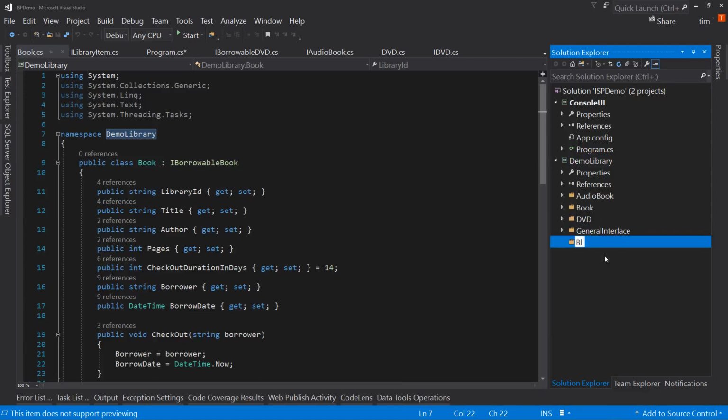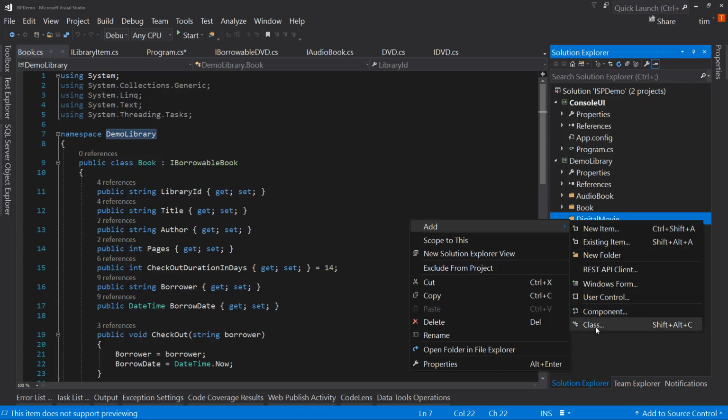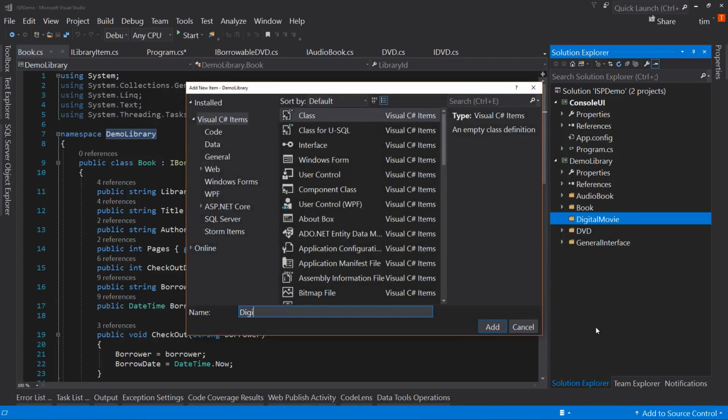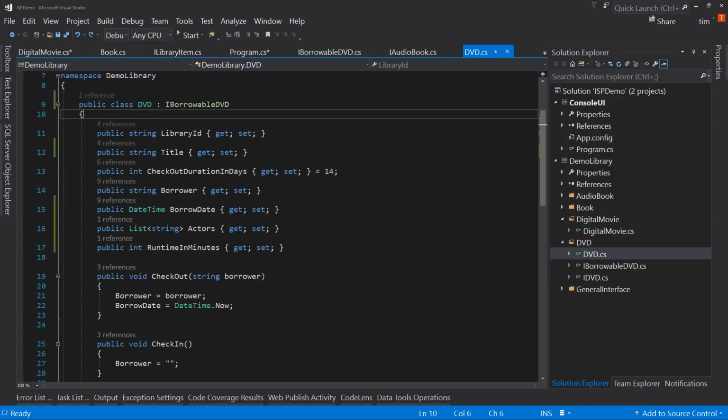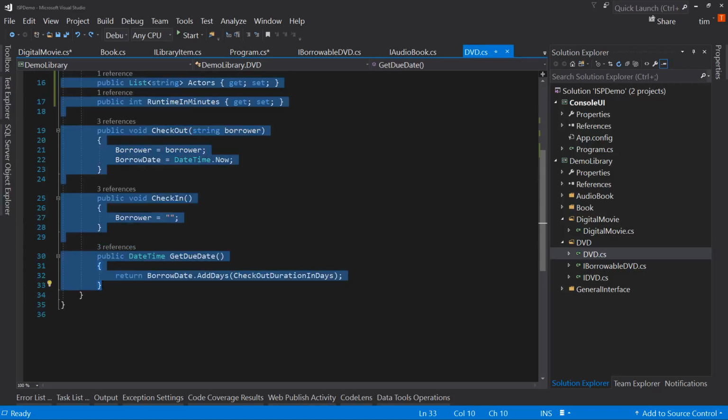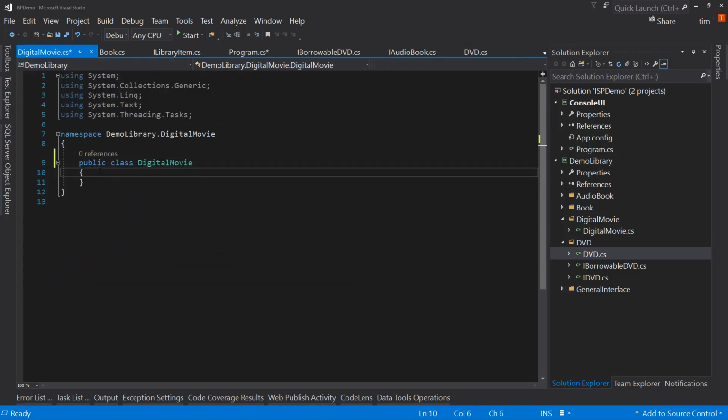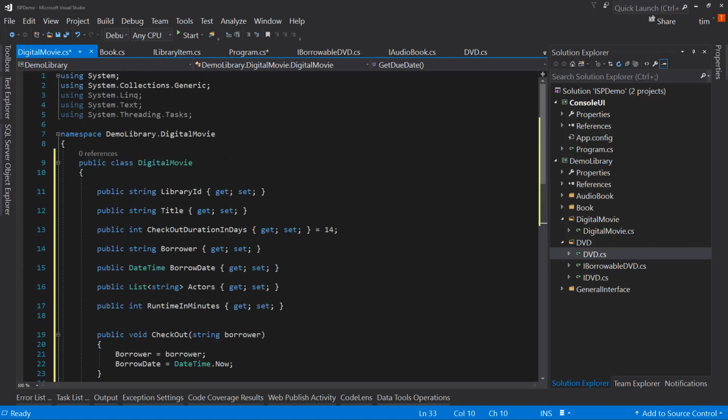I should create a new folder for it. You know what? Digital movie. Why not? So let's create a class. We'll call it the digital movie class. And to start with, let's look at the DVD class itself. I'm going to grab all this stuff. I'm going to paste it in here, because I don't want to have to implement the interface a whole bunch of different ways. But really,